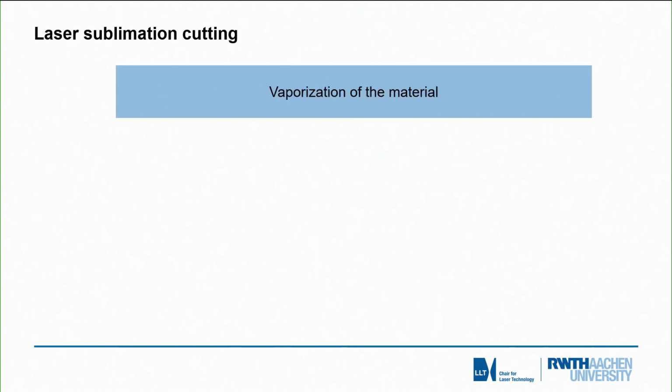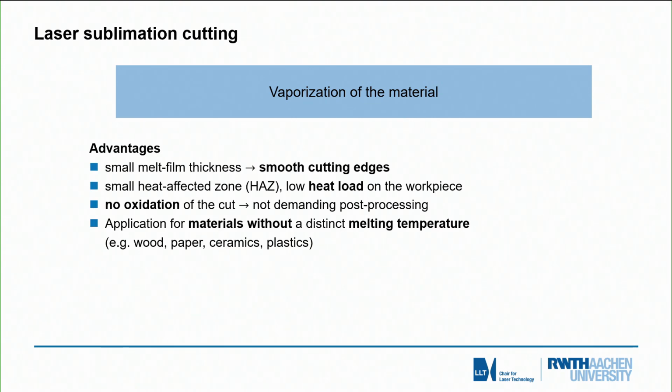We start with the first of the 3 cutting processes, laser sublimation cutting. As the name says, most of the material is vaporized and we have practically no melt formation. There may be a small melt film thickness if the material can melt. We have very smooth cutting edges, a low heat load, no oxidation,